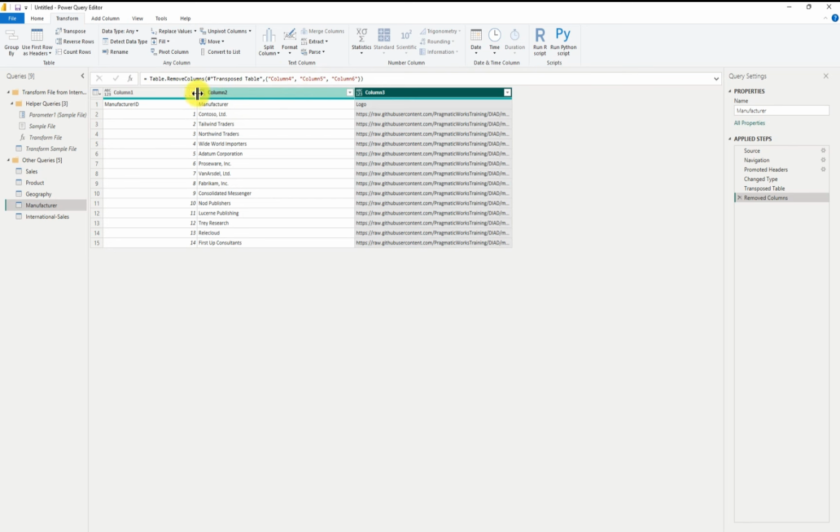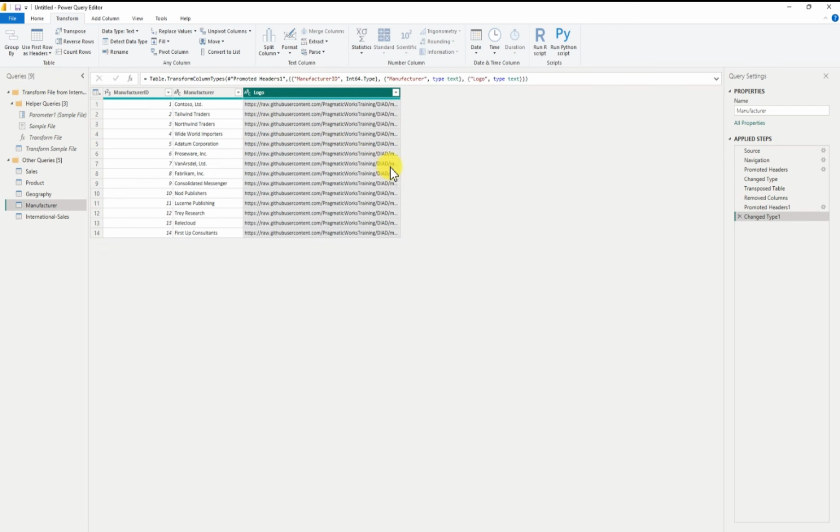Then we have to also go back to our transform, then use the first row as header. Let's click on it. Let's wait. First row as header. So we have everything perfectly done. Then the next thing we have to do here before we now close and apply our data, we are going